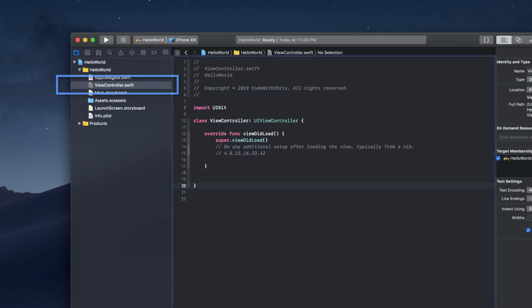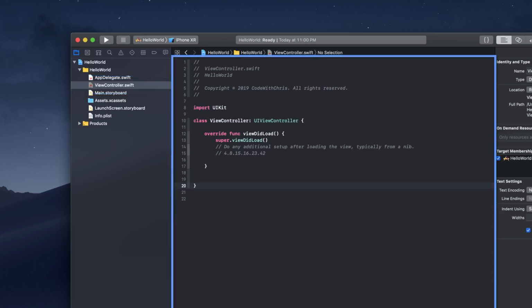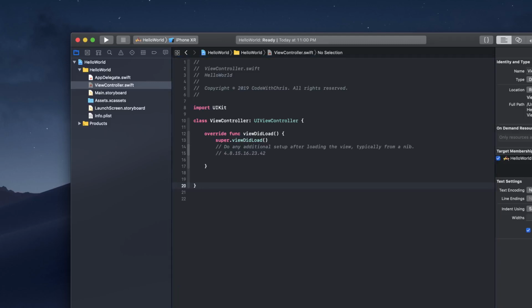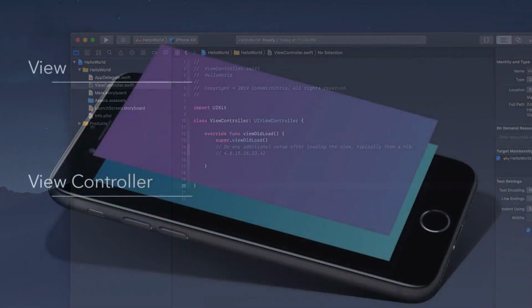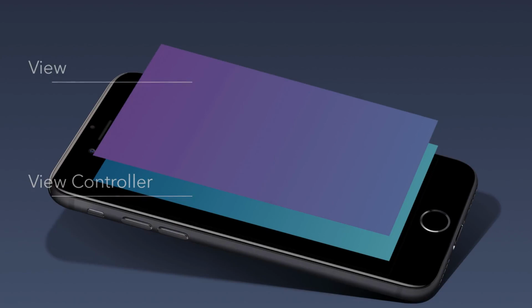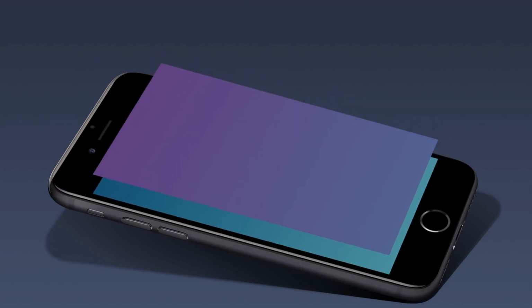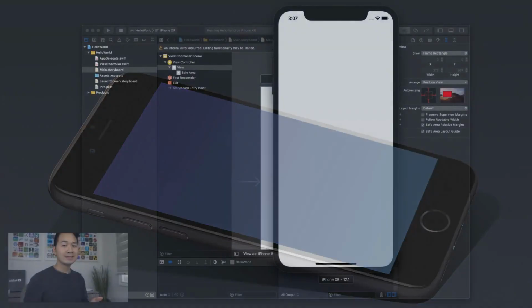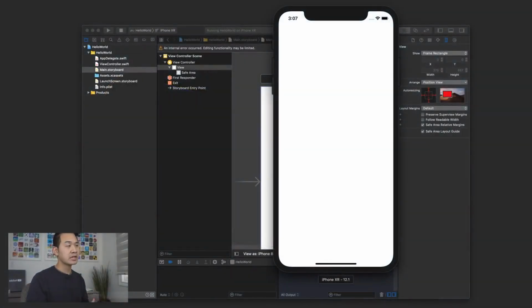And as we said before, if you click on that file, the editor area turns into the code editor where you can write Swift code to manage the view. Now, if your app has multiple screens, in most cases, each screen is just going to have its own view and view controller. Now let's go back into Xcode and we're going to stop our project